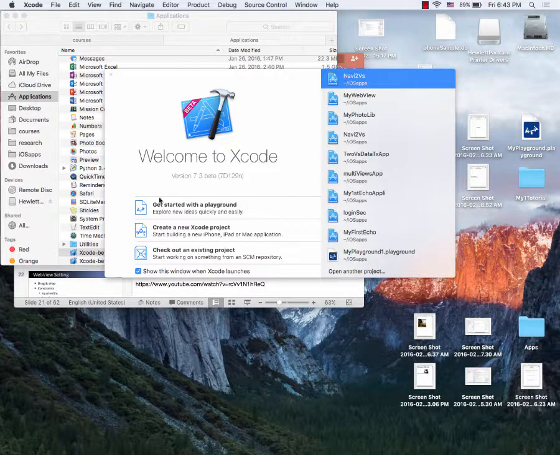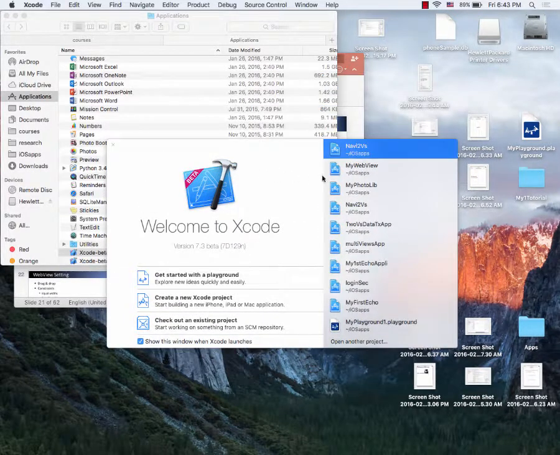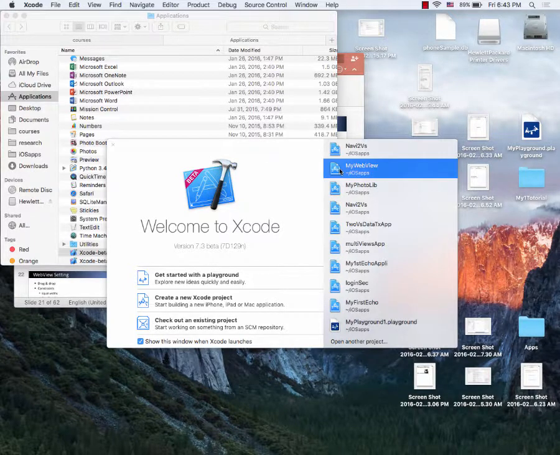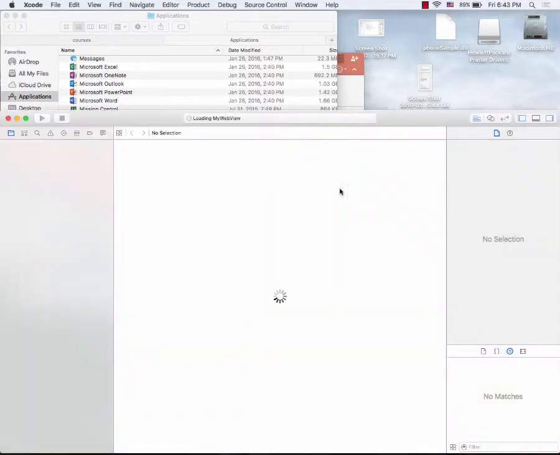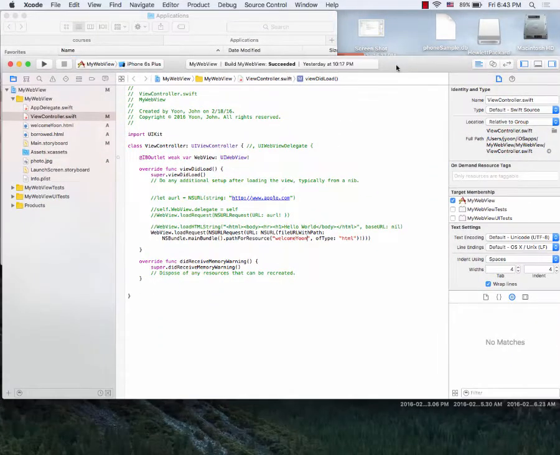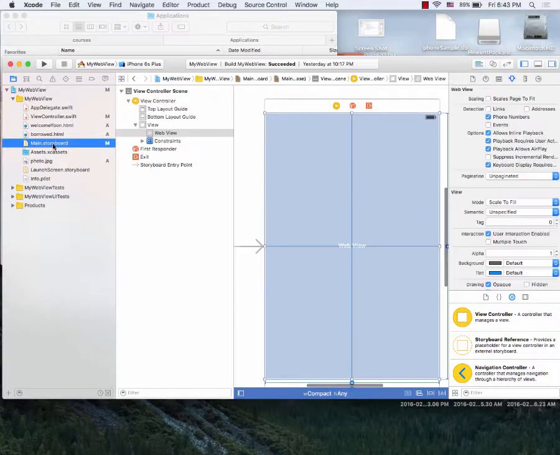What I'm going to do is that I'm going to give you a demo first. Here is my web view. The right hand side of this, there are multiple applications on package and the project that you built. So this is my web view. This is what I'm going to do. Okay. And I'm going to give you a demo first. Usually you will have here main.storyboard. Then you will have